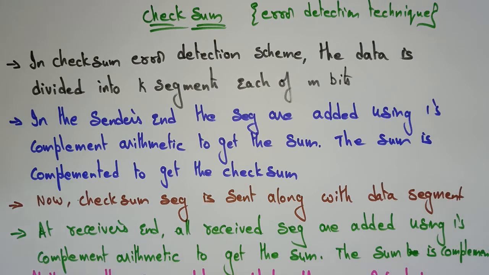So checksum is one of the error detecting techniques. Here, this is one technique we use to identify the error. It is only detecting the error, not correcting the error. For correcting the error, students, we need to use the Hamming code. So how is this method helpful for detecting the errors?